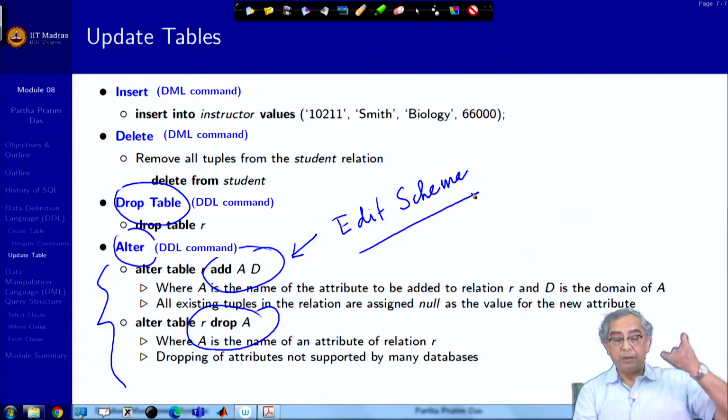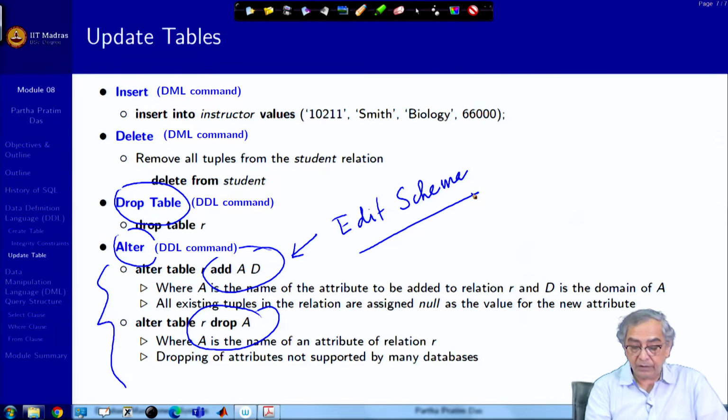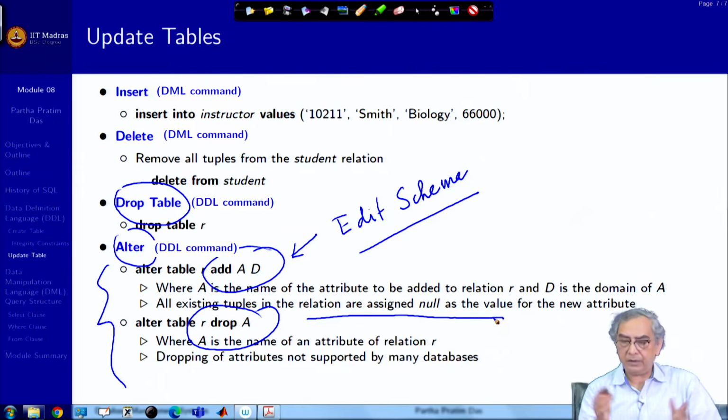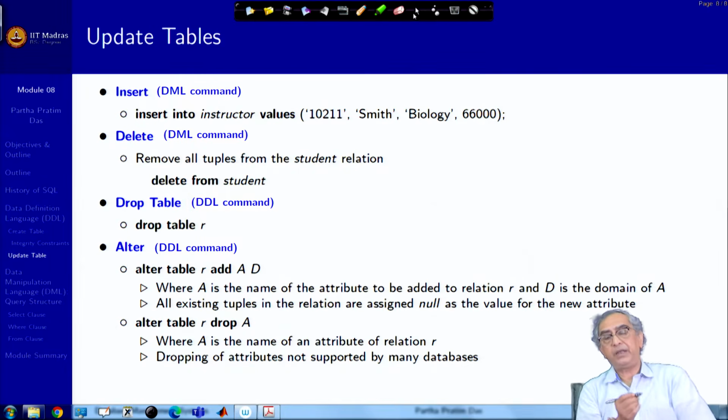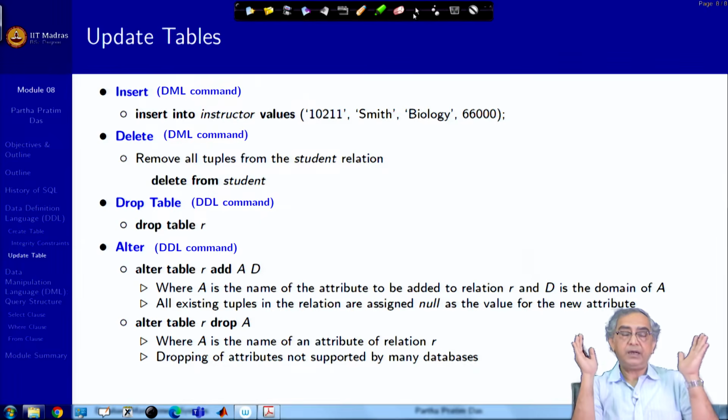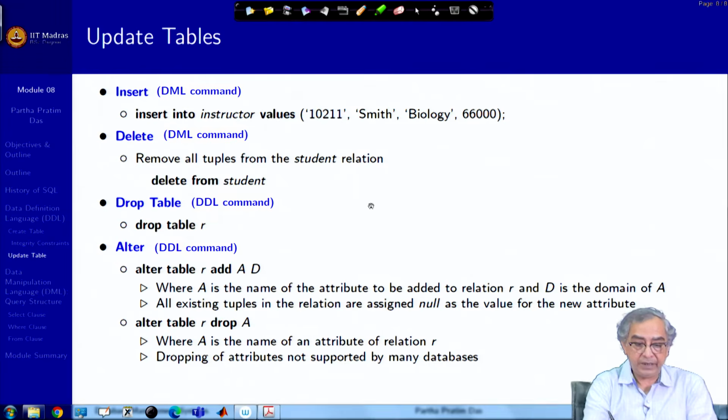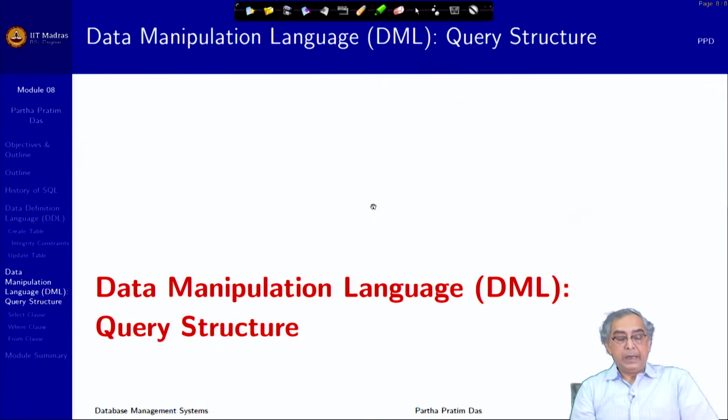So, they will have to do some update on the specific records to put those values. So, initially all values will have to be null. So, they will be assigned null values. So, that is very intuitive. This is the biggest thing about SQL: once you start understanding the gamut of things being done, this is very intuitive in nature. Next, we move on to the data manipulation or query language,